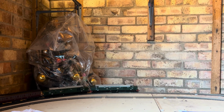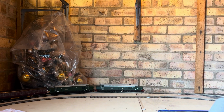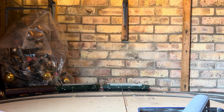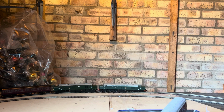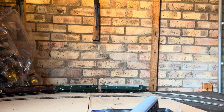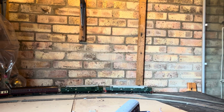So yeah, the Bachmann model is good on the Class 37, but the Curious Scale one with the sound on it, wow, which I've filmed in another video. But I'm keeping this one because it's good enough. I don't want to get rid of it. I was going to sell it. So we'll just take all this in